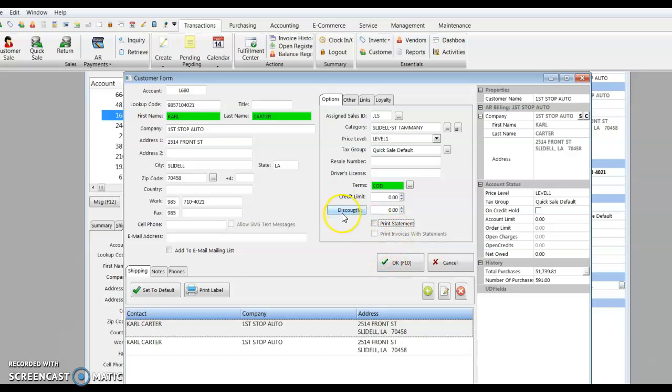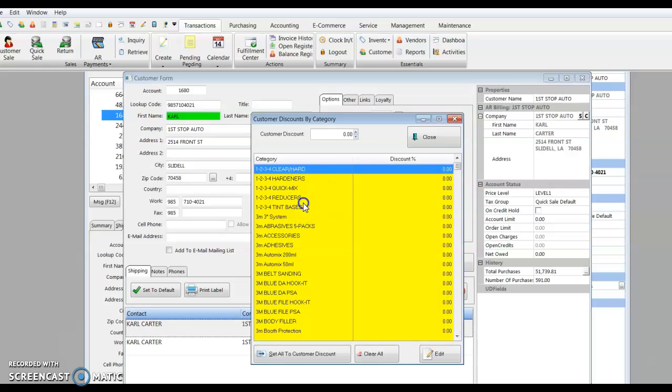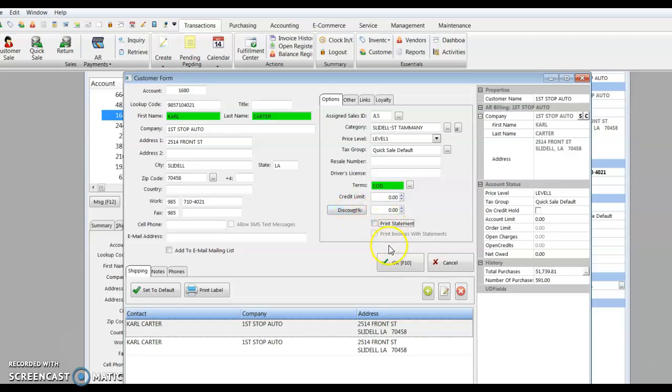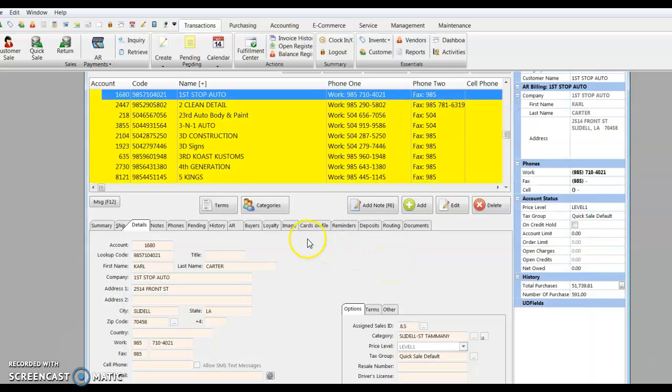All right. And here we can also offer discounts to different product lines that we have, the categories. If I want to give an extra discount, that's set up right there. Okay. So that's the beginning of